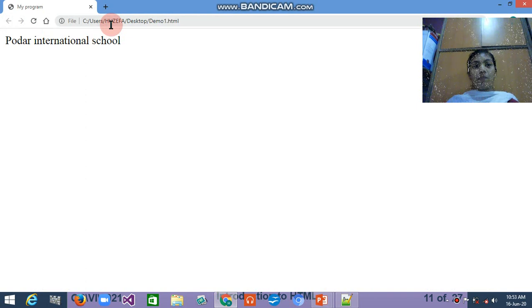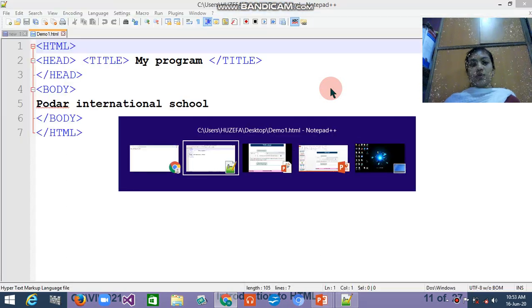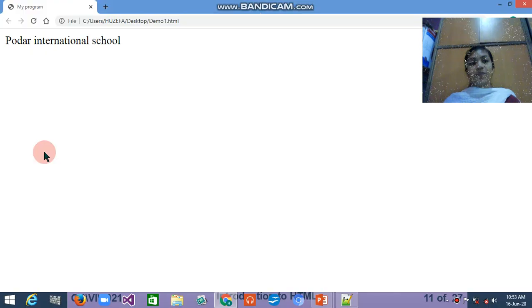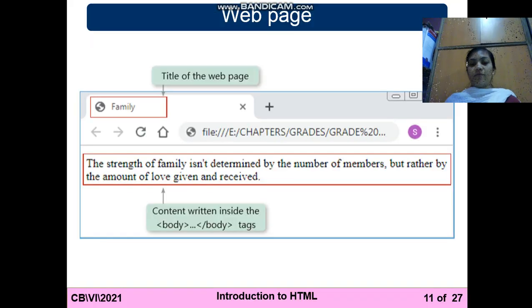This is the path of the document, जहाँ पे आपने सेव किया उसको, and this is the body structure, right? So now this is the web page that will be displayed. Okay, now we are going to learn more tags. Okay, simply अभी हमने जो भी लिखा वो आपको डिस्प्ले हुआ.